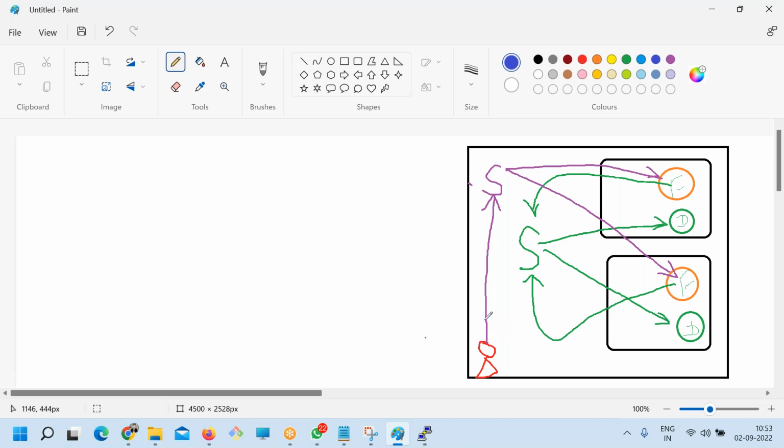So service 1 will hit the front end service, and the front end service will redirect to the front end pod. This pod will go to the backend service, and the backend service will go to the backend pod. This is what I'm doing. Yeah, got it. Okay, so are you comfortable with this image, all of you?